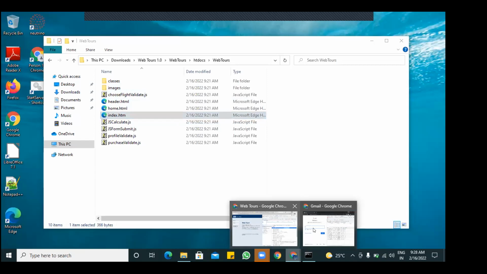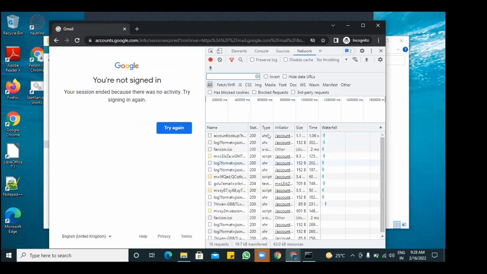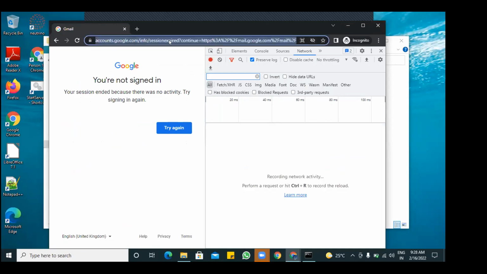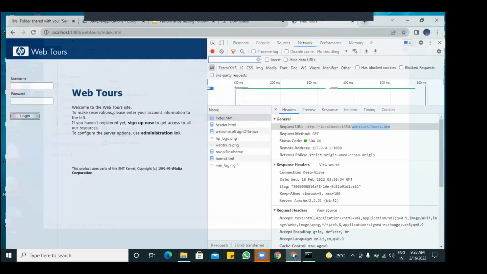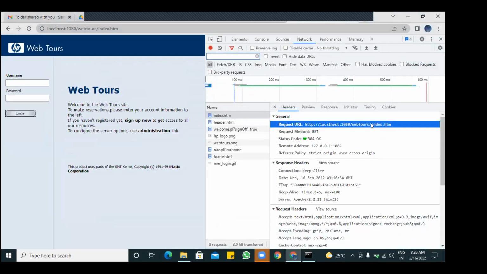So what is this GET request? We are asking the server to get this page for me. Which page? Index.html. Where is that? That is there in the WebTools folder. That's why this is called the resource path.